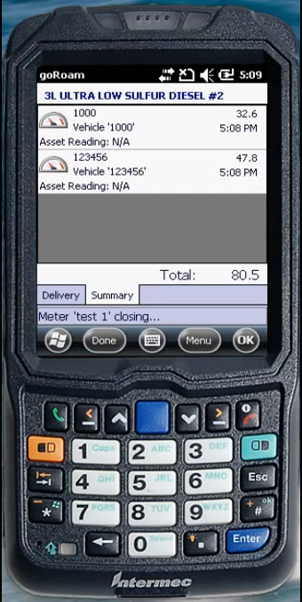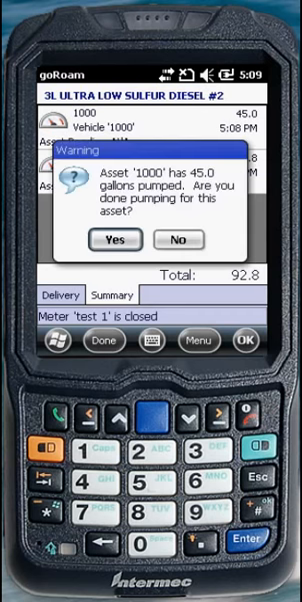I can show the total of all the vehicles that I've fueled, so you can obviously see vehicle 1000, vehicle 12, 3, 4, 5, or 1, 2, 3, 4, 5, 6. You can see the quantities that were fueled for those, and then the total quantity of 92.8 gallons. At this point, I'll go ahead and finish pumping for this customer, so I can see that it's going to